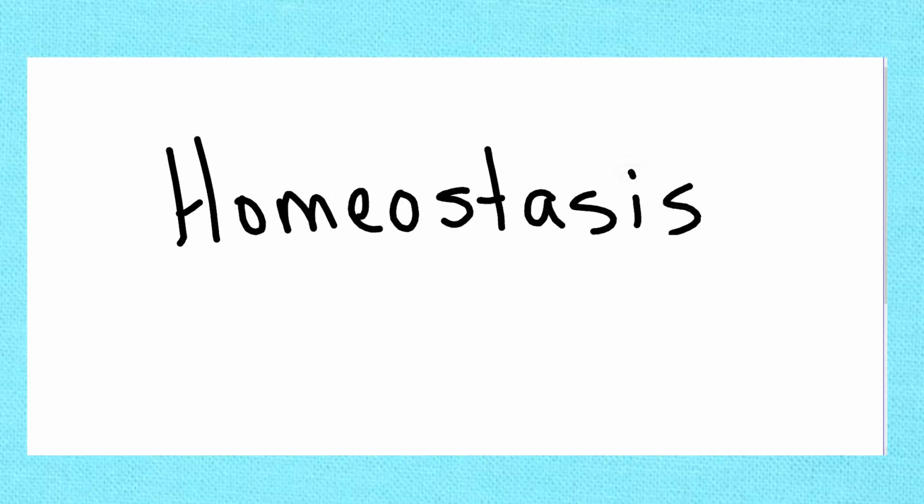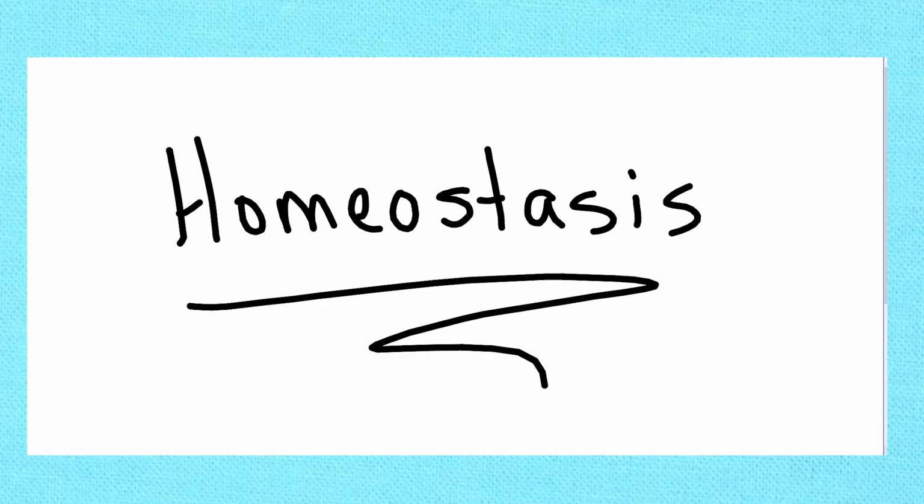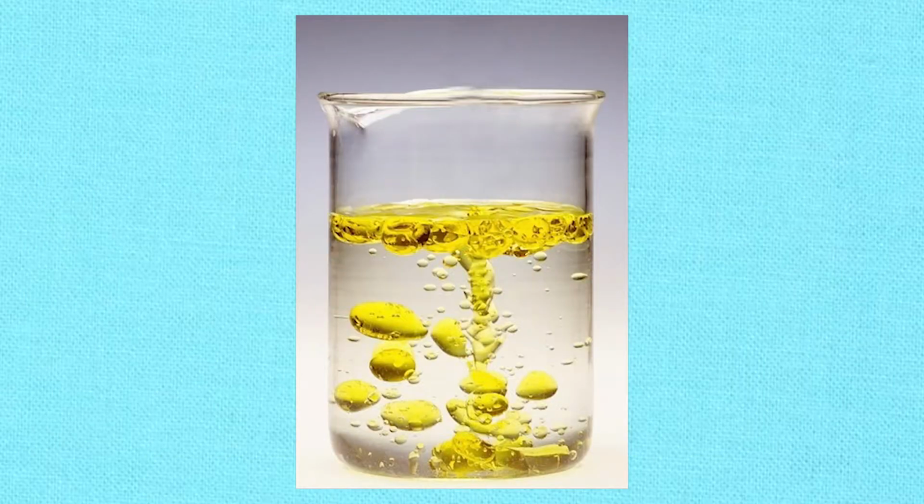The biggest one we need to look at is the cell membrane, and membranes in general. A membrane is going to create a barrier and keep stuff in, keep stuff out. This is really important because if you can't keep stuff out, you can't maintain balance, which means you can't maintain homeostasis. So, as we previously discussed when we went over biomolecules, we know that a lipid is going to separate